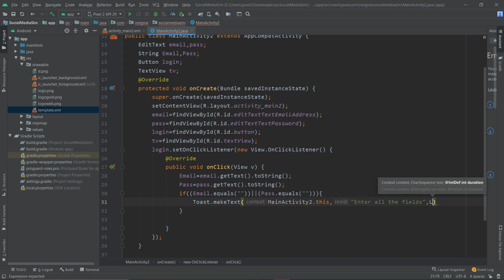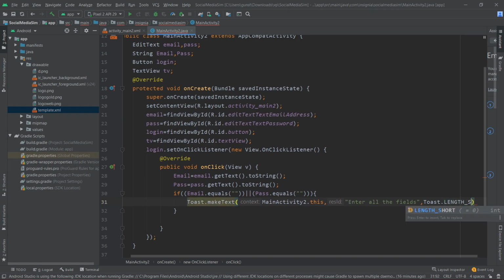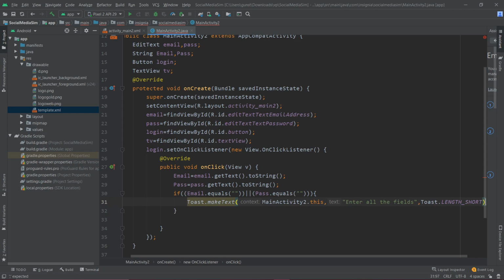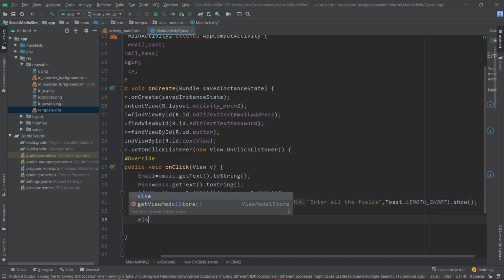Then you would have to specify the time for which it has to be shown. So we'll set it to short, and then you would have to say show. What it basically does is it will show the text, "Enter all the fields." It will show the suggestion to enter all the fields if one of the things is equal to null. Okay. So else if